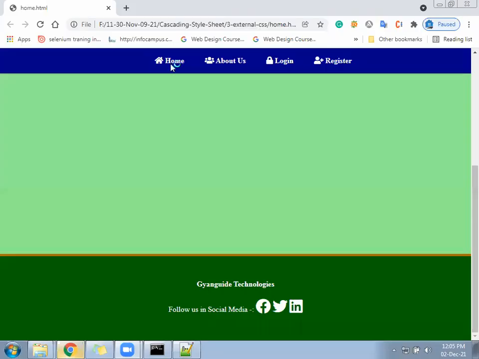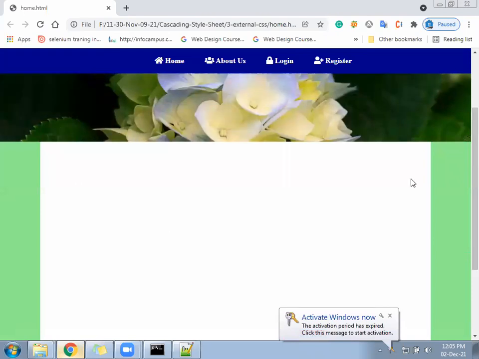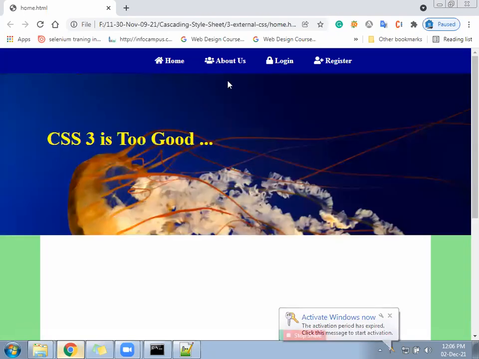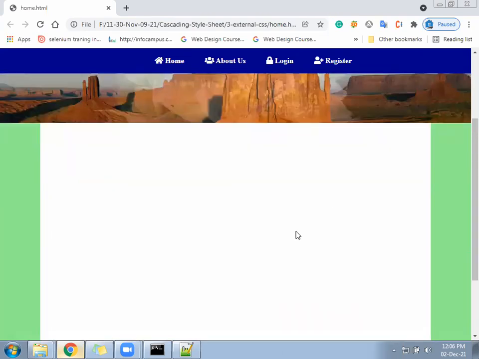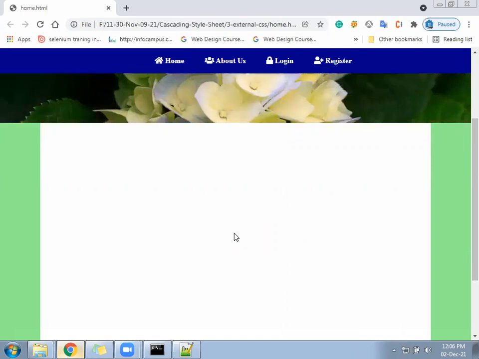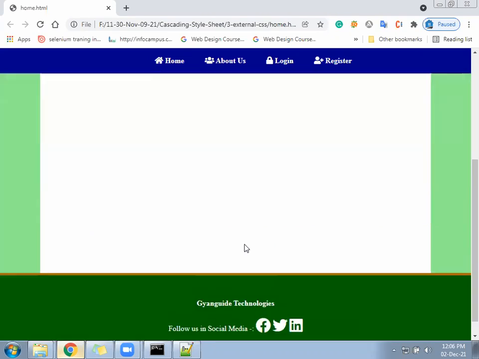Background is coming in white color. See this much. So this is the container section: the header, banner, footer, and this becomes a container. Under the container now we can display the text or data whichever we have.